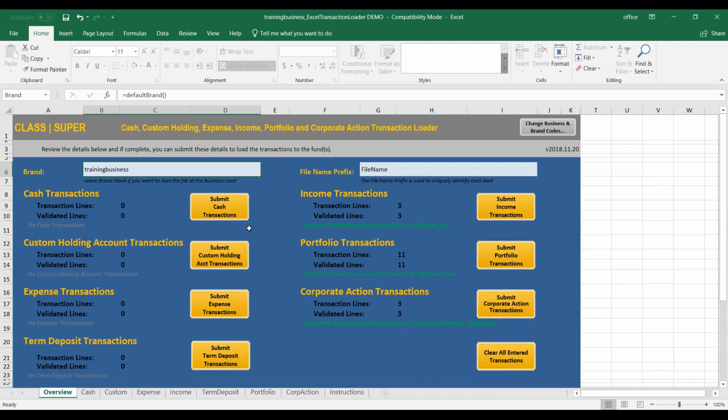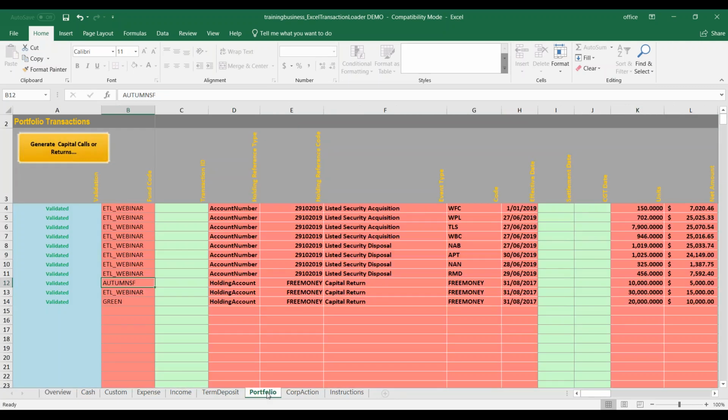Okay, so moving on, we're now going to talk about some of the hints and tips, or some of the more common support queries that are actually raised with our support team, and how to address those. So the first tip is around loading managed funds acquisitions or disposals. So if you are loading a managed fund acquisition or disposal, the event type you select must be unlisted security